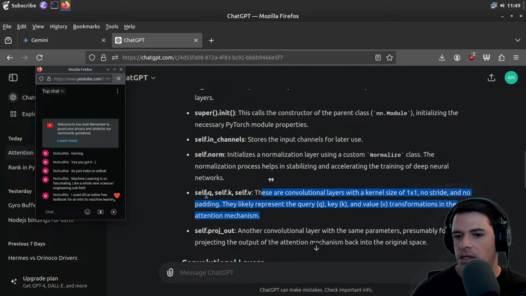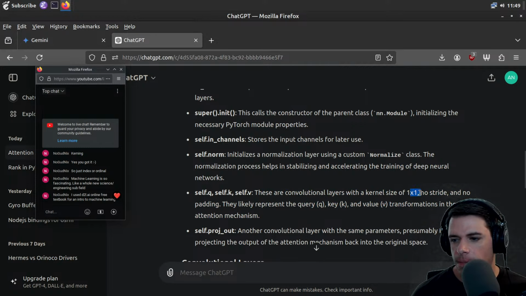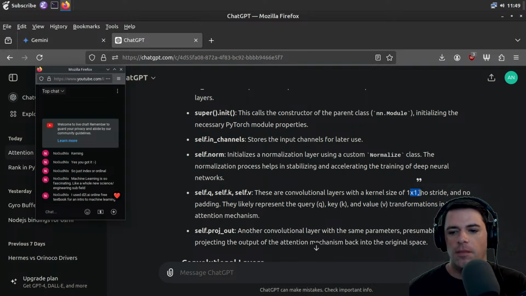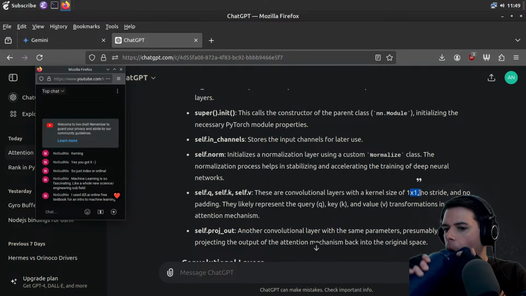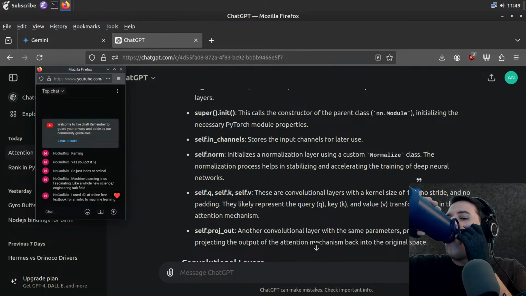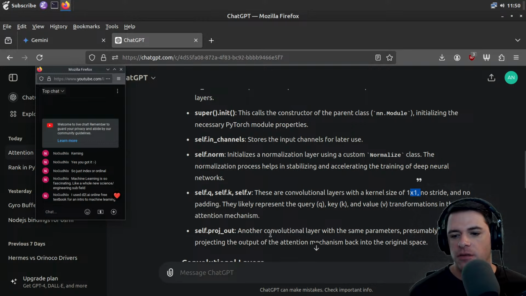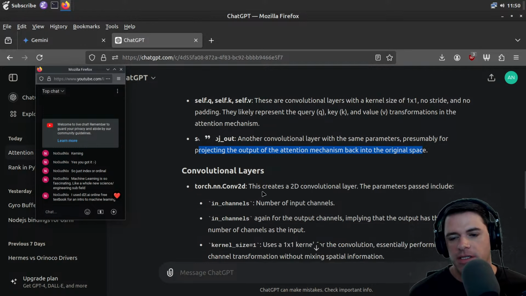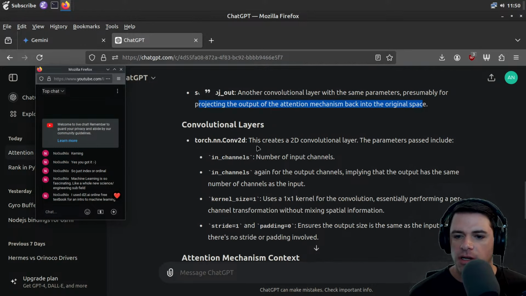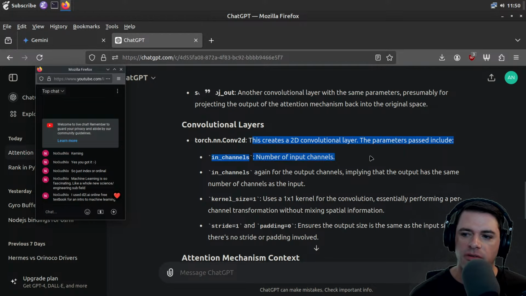And then Q, K, and V are convolutional layers with a kernel size of 1 by 1, no stride, and no padding. And then proj out is, it believes, for projecting the output of the attention mechanism back into the original space, which makes sense. And then the convolutional layers create a 2D convolutional layer. The parameters passed include